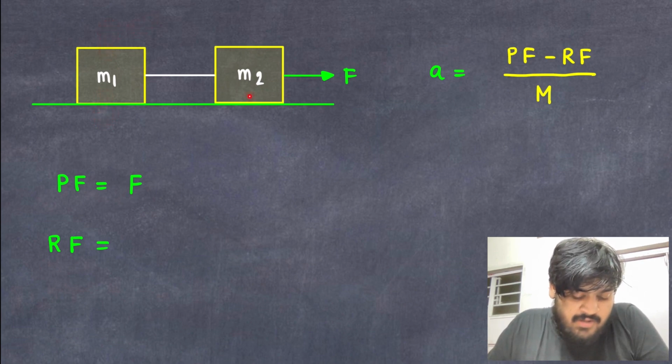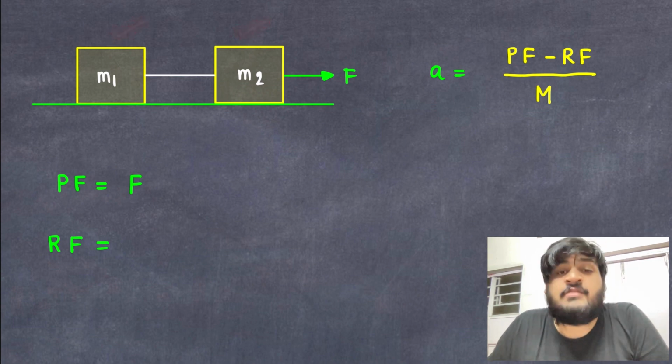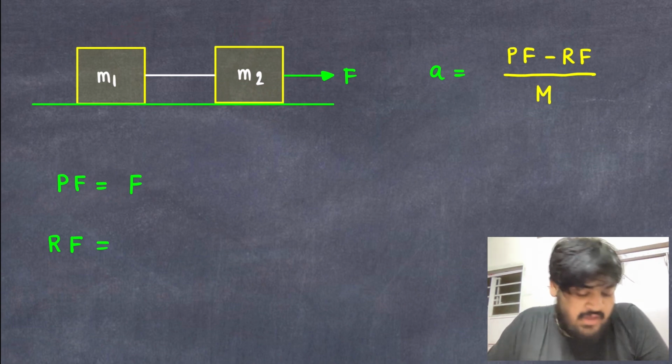Similarly for this block of mass m2, the normal N is balancing out the weight of the body, right? So neither of these will provide any pulling or resisting force. So the net resisting force will be